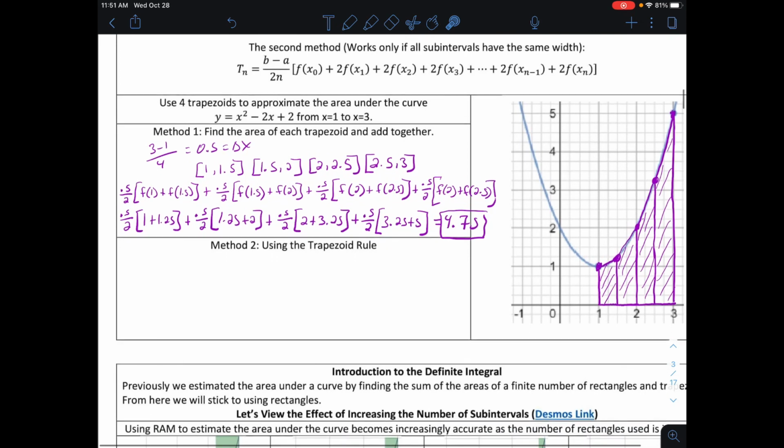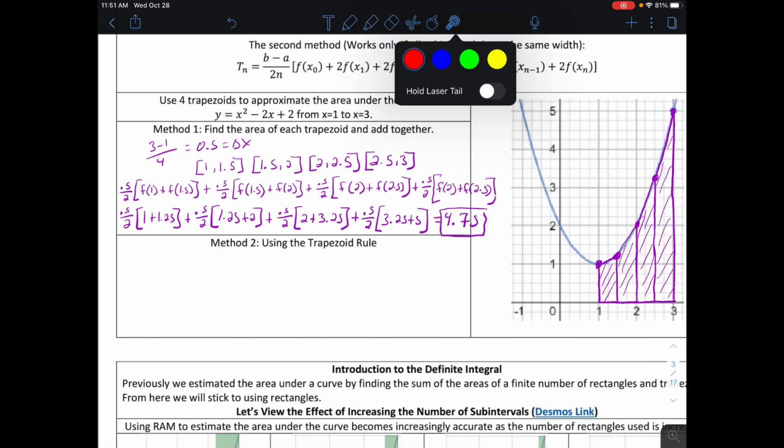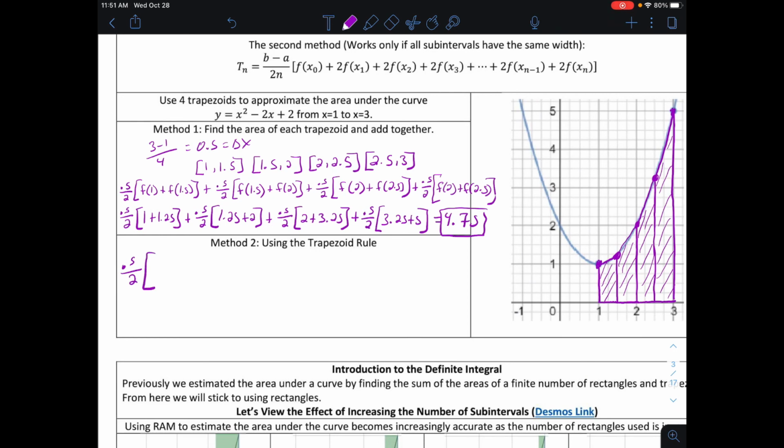Now, there is a second method to doing trapezoid approximation. If you notice, as you're doing this problem, we ended up using some values multiple times. So for instance, we had the same height because we had subintervals of equal width. And so I had 0.5 divided by 2. That's the h over 2 part. And then if I were to factor off that common factor that multiplies to all of those, and look at what I have left, what I have left is f of 1, and then plus,